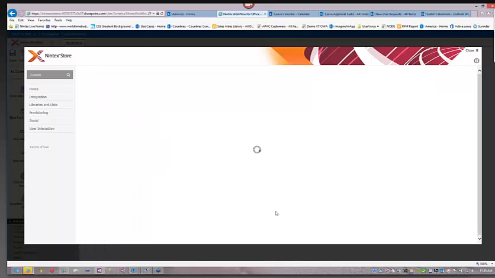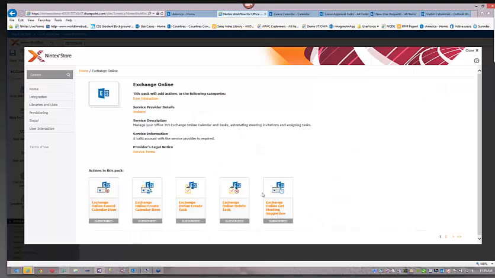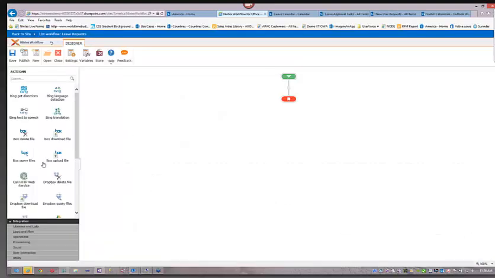And if I click on that, you'll find there's 5 actions that you'll see there, and there's a second page with 4 more actions. So what you end up having is 36 actions just out of the box, the normal actions you'd expect to see in a Workflow Designer, plus about 80 or so actions in the store at the moment. So you end up getting about 110 to 120 actions that you can use out of the box. Now, in this particular example, if I was to just jump back to my list,